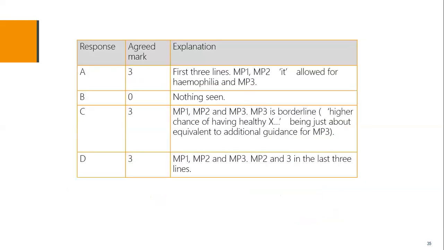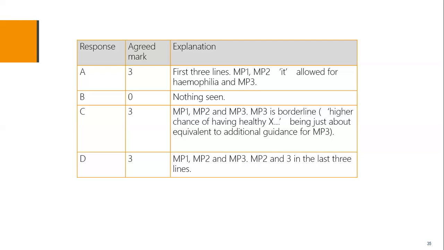So the first one was awarded 3 marks. Candidates often write it, and it's obvious from the context of the question, it is recessive. The question is about haemophilia, so that mark can be awarded. There was nothing relevant to the mark scheme in response B, and quite a lot of it was actually incorrect. C was given 3 marks. The 3rd mark was borderline, higher chance of having a healthier X, being just about okay